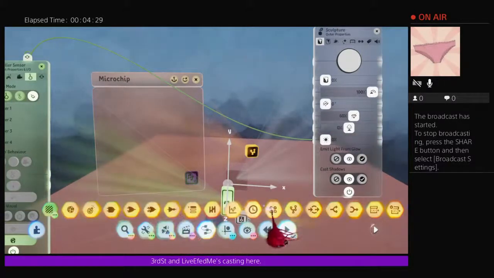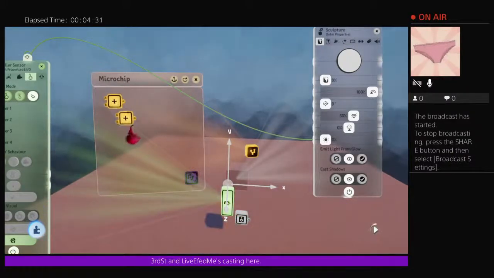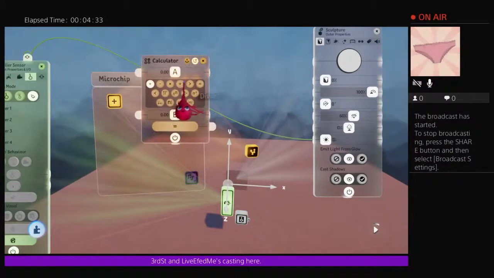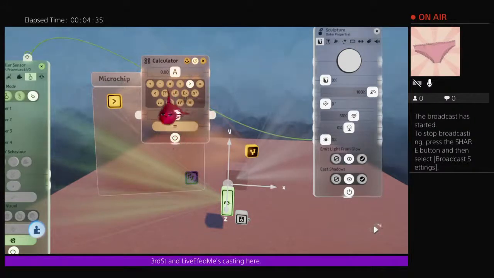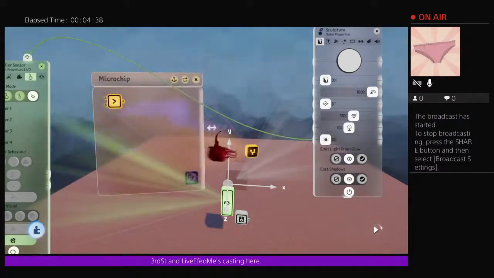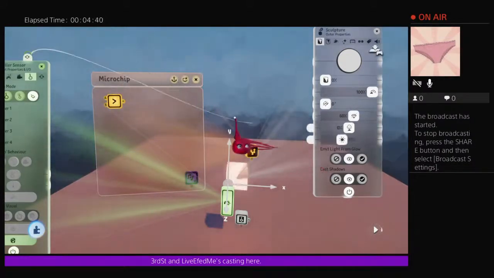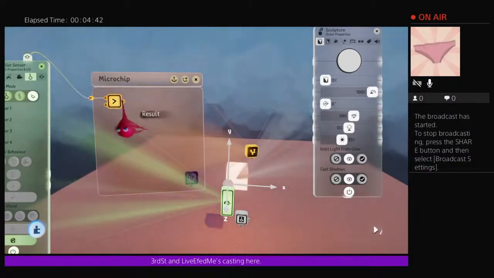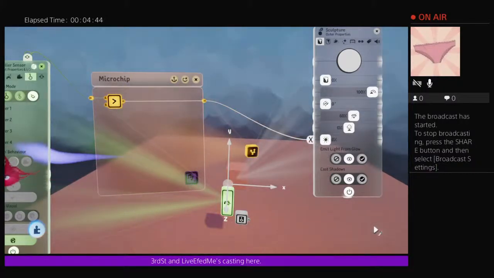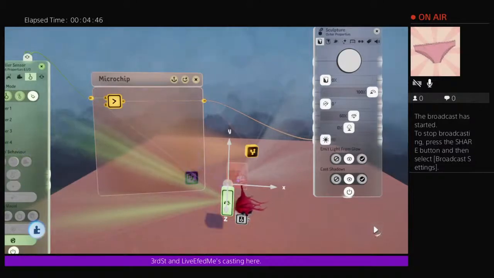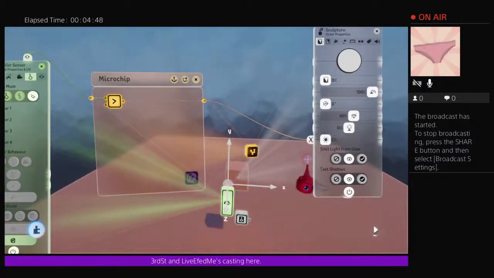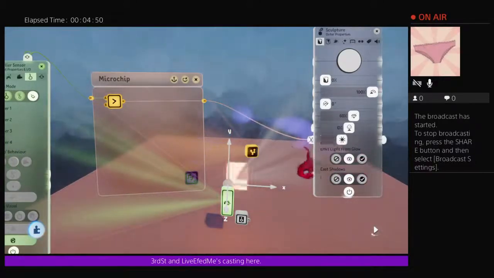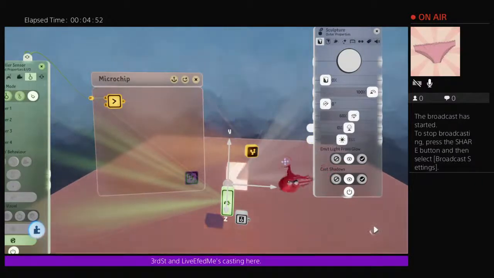The only way to do that is if you grab a calculator and go greater than 0. So don't adjust the bottom one, leave it like that. Run your mic into there and then run that into there. Now the catch with this is, as you can see, when I speak, it goes instantly. If you want to avoid that, don't run it like this. Go